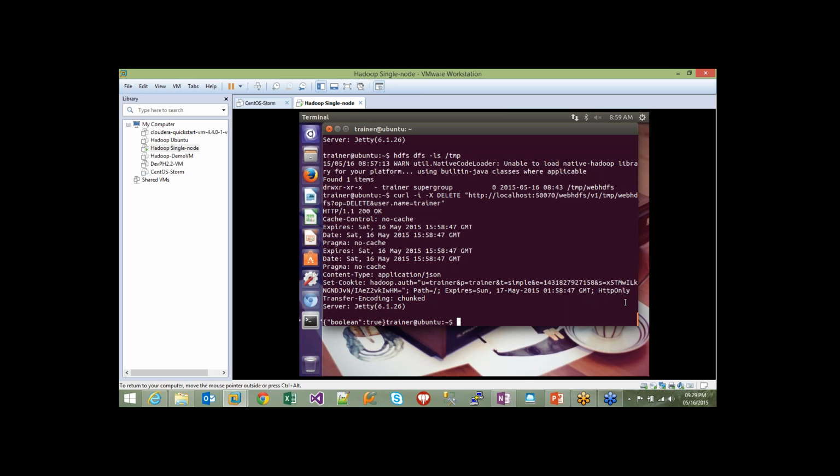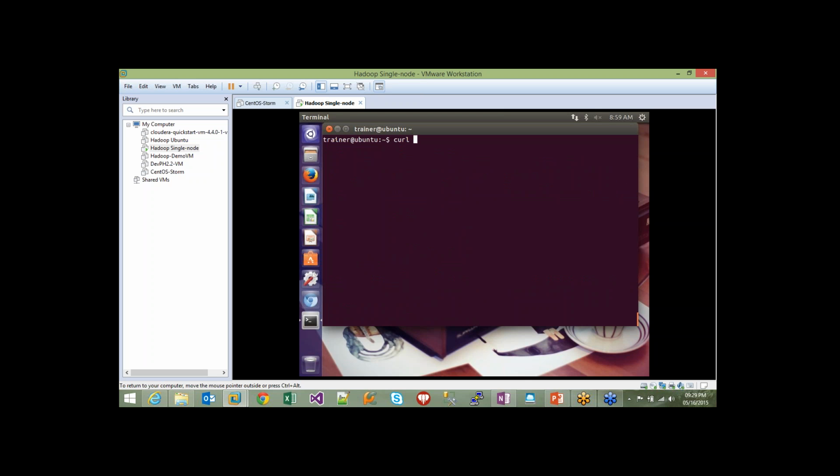So, file deleting operations: how to delete a file through a WebHDFS command. Basically that would be quite similar. If we need to delete a file through WebHDFS, suppose I have a file called WebHDFS test.txt inside the WebHDFS new directory, which is residing within the HDFS platform of this cluster, and I'm trying to delete a file from a directory of HDFS through a WebHDFS command. So I need to basically execute then